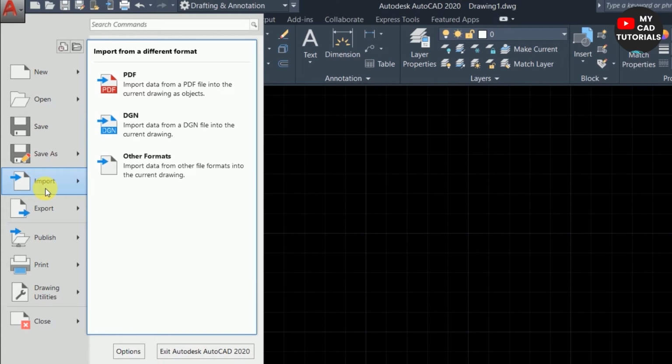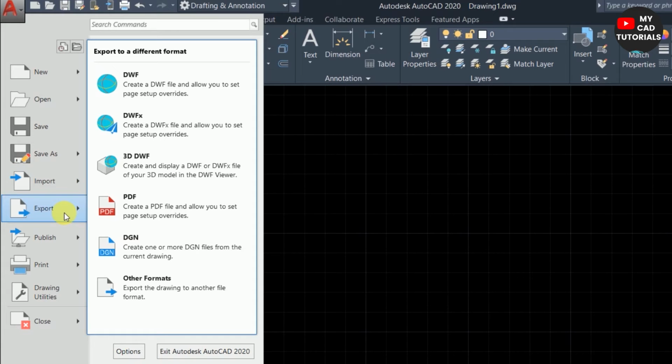Import is used to import any format file allowed in the software, like PDF or image or any drawing. So you can import a PDF, image or other format file by clicking on the import option. Next is the export option, that is used to export a design or drawing in other formats like DWG, DWFX, PDF, DGN or other formats. So by clicking on export, you can export in different formats.